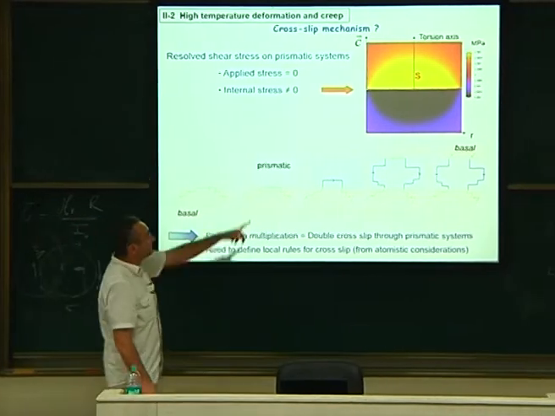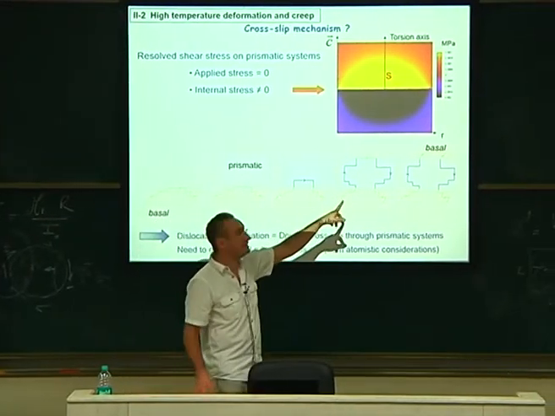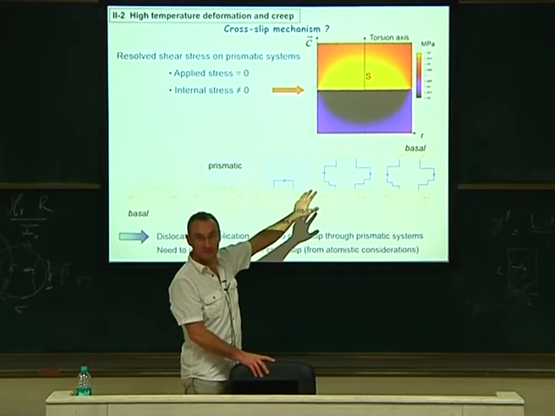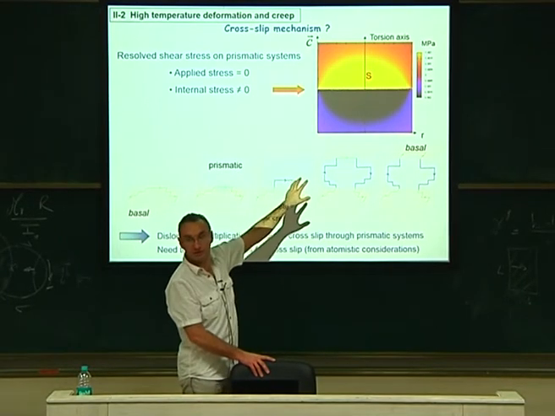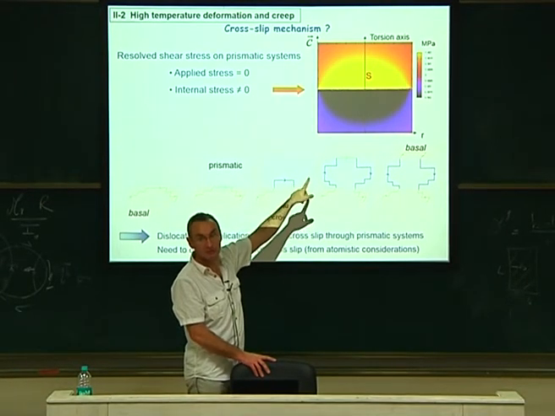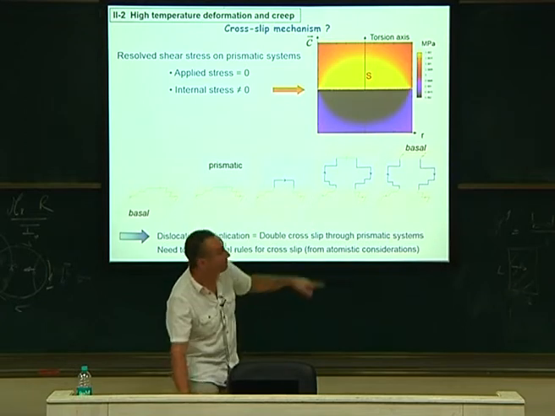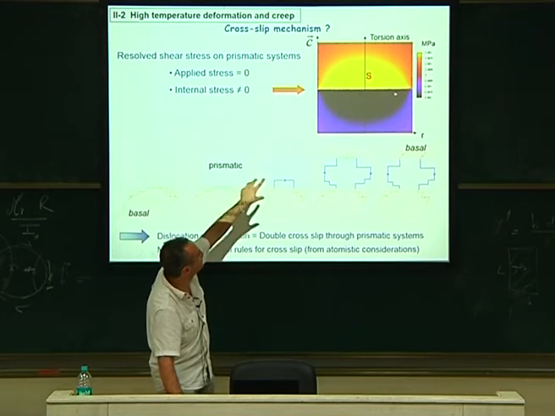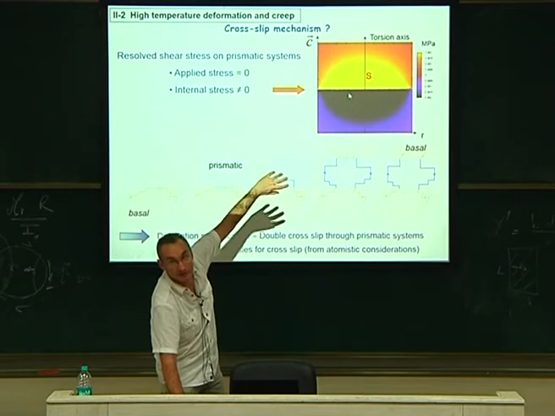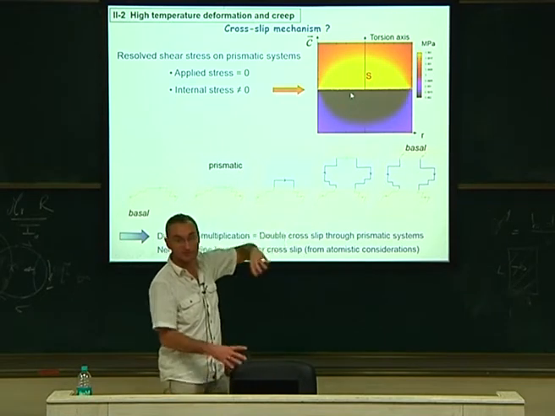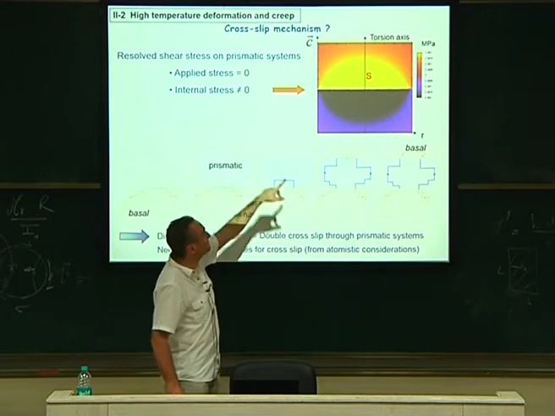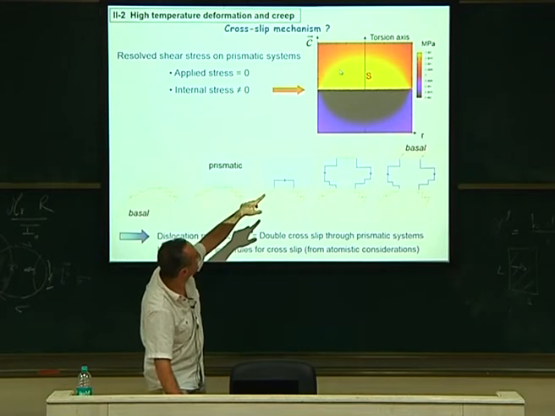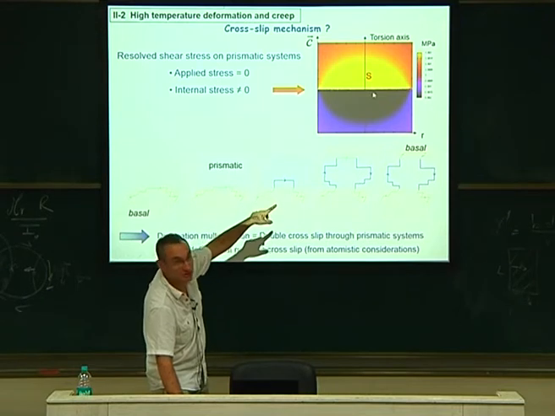The prismatic plane is what I computed here. So this stress here is the shear stress in the prismatic plane due to the dislocation. It is in the prismatic, not in the basal. The basal plane is located here. This is my basal plane, containing my dislocations. And this is the shear stress induced by the dislocation in the prismatic plane. If I was plotting the shear stress due to the loading, it's 0 in the prismatic. So you have 0 plus this. And this is maximum here, close to the dislocation pileup, and minimum here, close to the dislocation pileup.